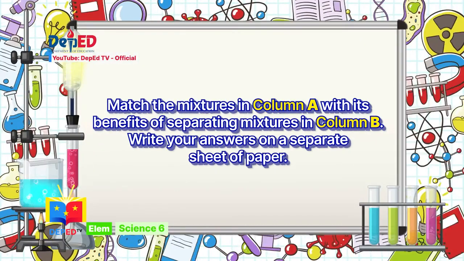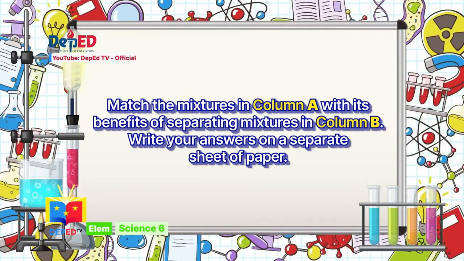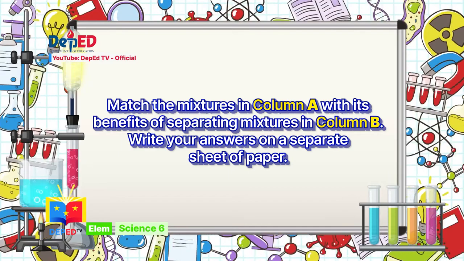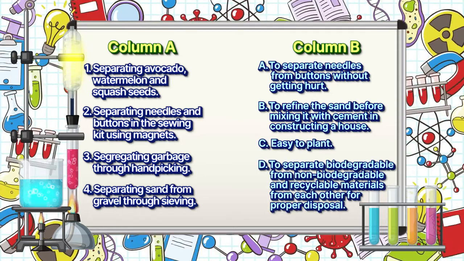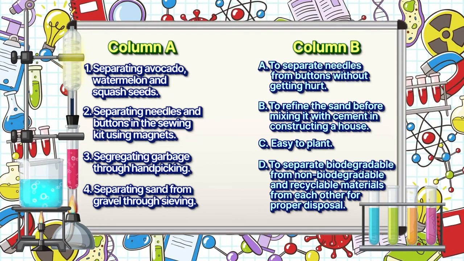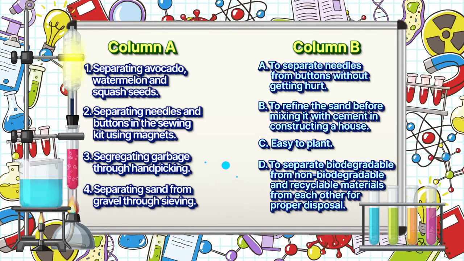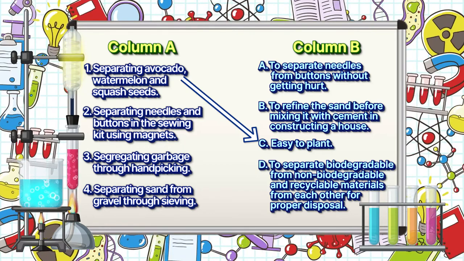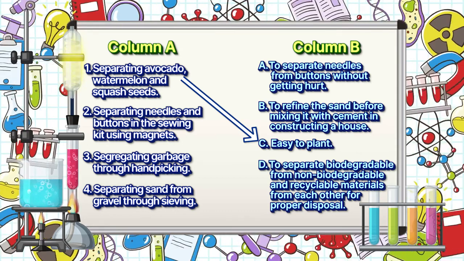Match the mixtures in column A with its benefits of separating mixtures in column B. Write your answers on a separate sheet of paper. Number 1. What is the benefit of separating avocado, watermelon, and squash seeds? The correct answer is letter C. We need to separate the different seeds of the avocado, watermelon, and squash so that it is easy to plant